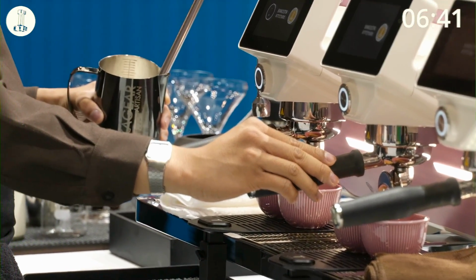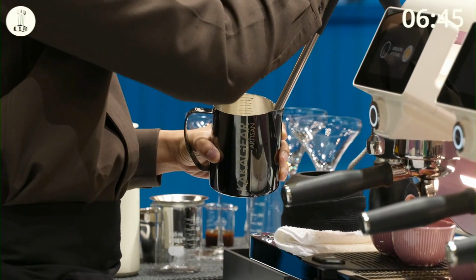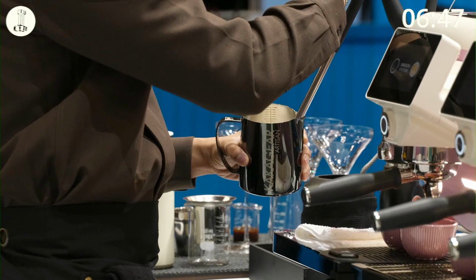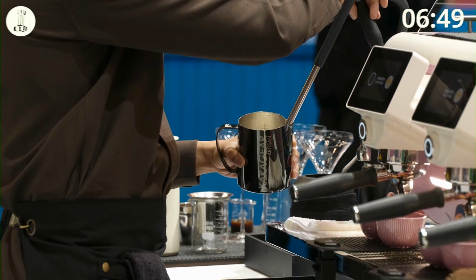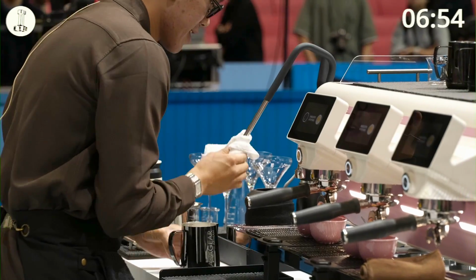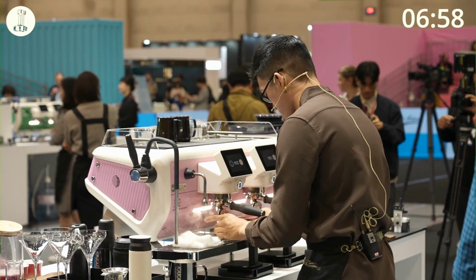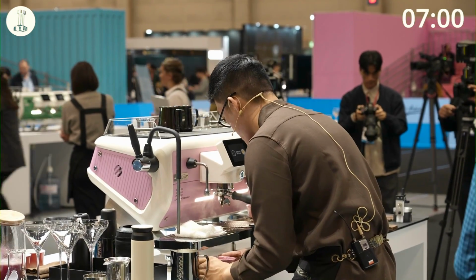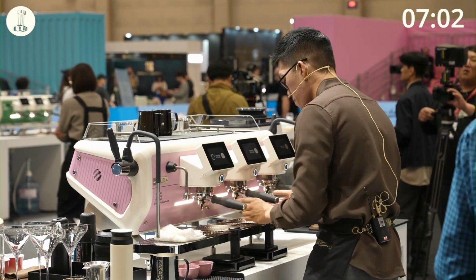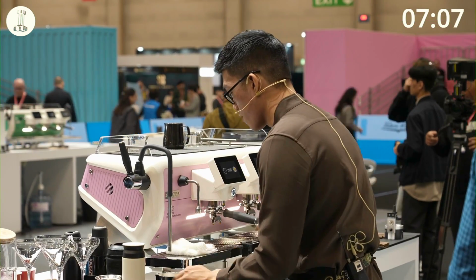Opting for shorter yielding will highlight those stone fruit prominent flavor, while higher yielding will open up more the complexity and give those berries quality flavor. And to find the perfect balance, I'll be extracting using 40 grams out, which in your cup you will taste Lamington cake